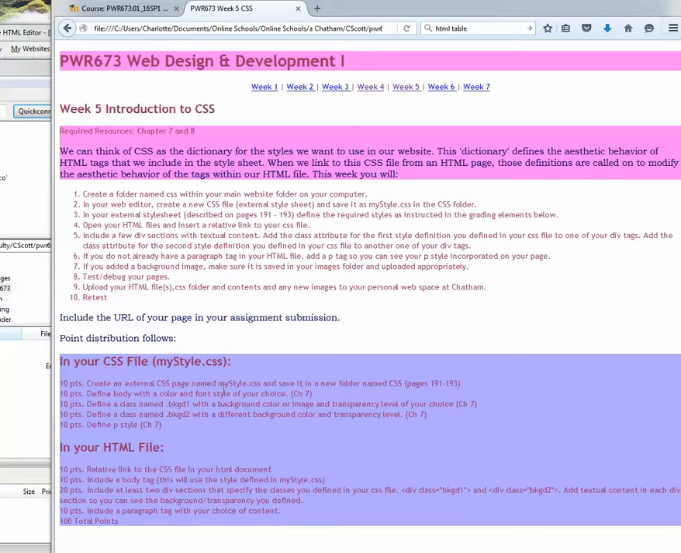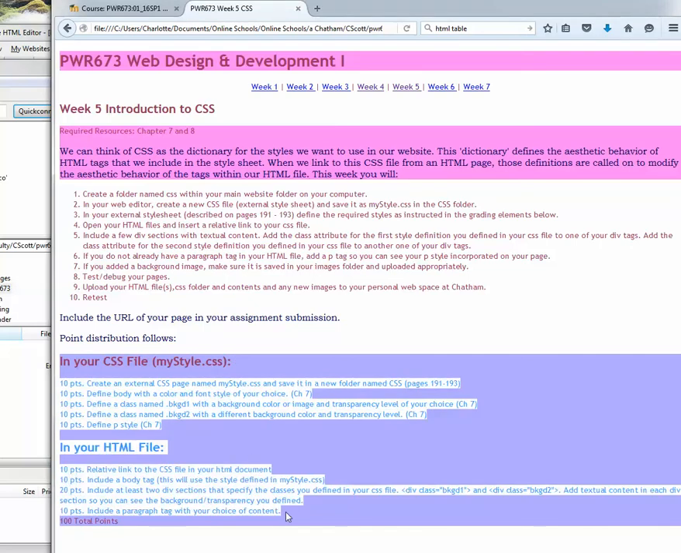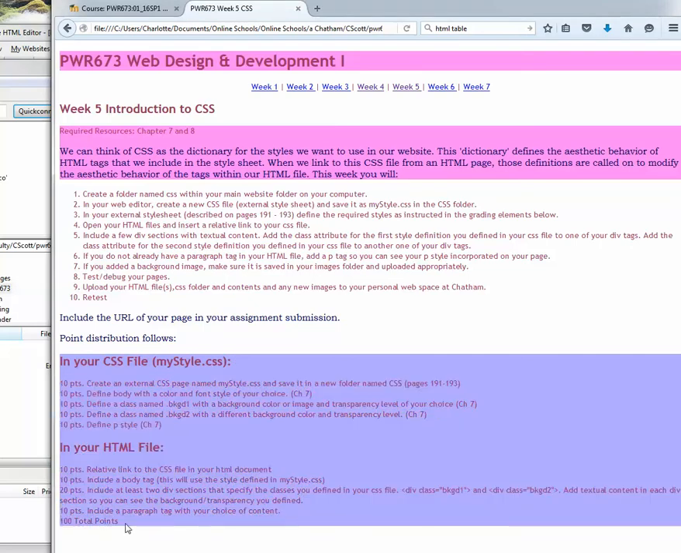So let's take a look. The actual grading elements are listed below. So let's take a look at the code. I've got it opened up